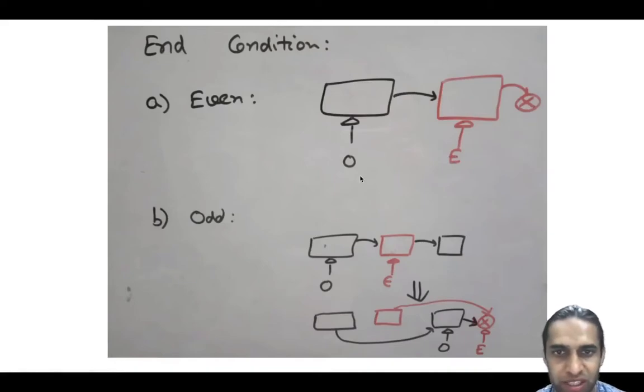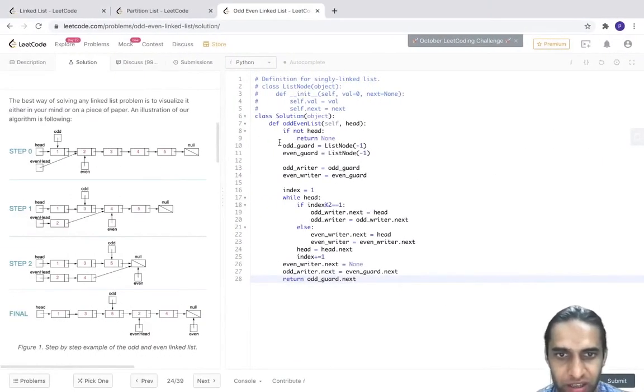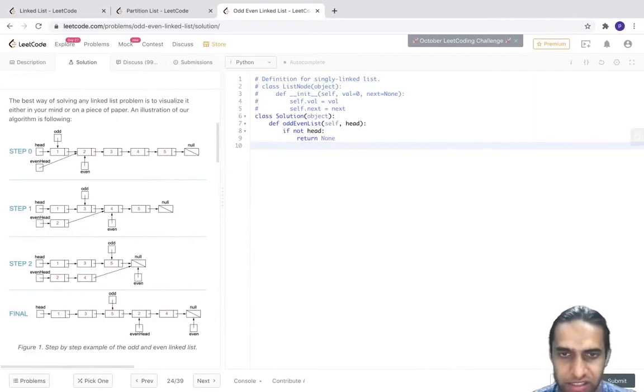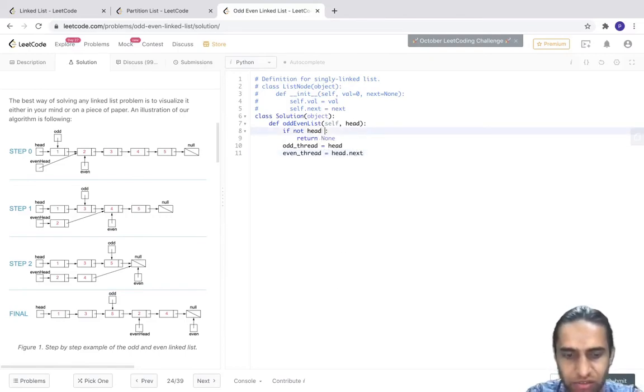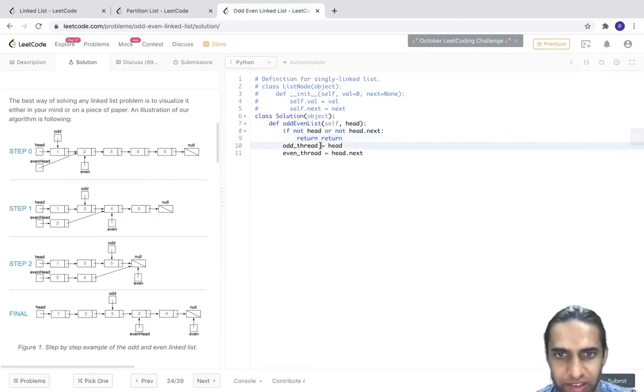So let's jump to the code. I think things will get more clear from that. So let's get rid of this. All I say is, okay, I have my odd thread, which is at head, and my even thread, which is at head dot next. So let's do one condition here also. I say okay, if not head or not head dot next, I have fixed everything and I return head only, right? Otherwise I have these guys, odd thread and even thread,